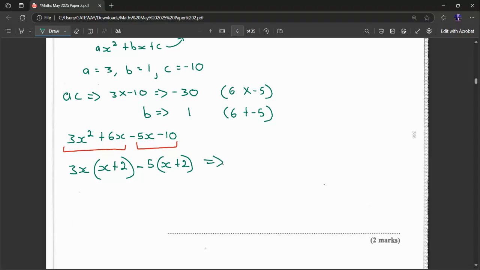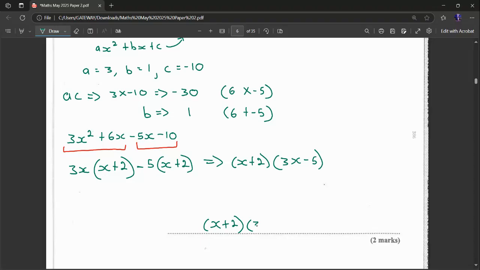Looking at this, the x plus 2 is common. So the remaining terms will go in my other bracket, which is the 3x minus 5. So that is my answer here: x plus 2